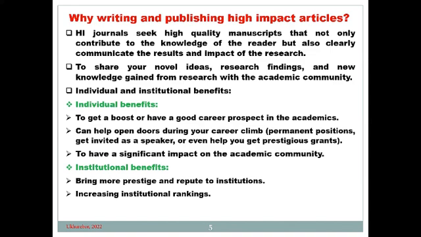One, to the individual. If you publish in a high impact journal, it gives you a boost, it gives you good career prospects. Like today, I was very, very happy this afternoon when I was called and told, Kingsley, you have been ranked among the top 500 best researchers in Nigeria. Why? Because most of my papers are published in high impact factor. That gives me a boost.